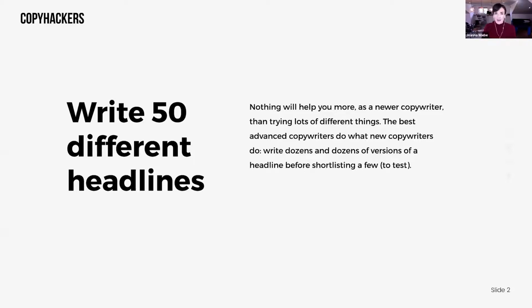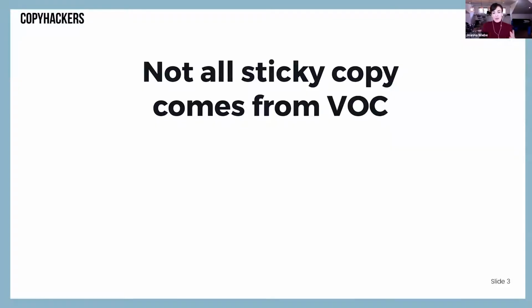Now, how do you get there? How do you iterate? How do you not get stuck in the same old ideas? So we're going to get into a quick couple of ways to generate new headline ideas. You can keep writing them. To be really clear, there are so many different things you can do. So at the end of this, if you have your own ideas, go ahead and throw them in chat, because others will probably benefit from you saying, this is what I do. But let's start off with the first one.